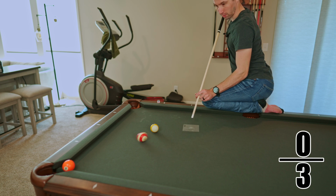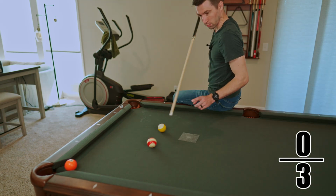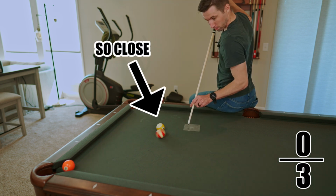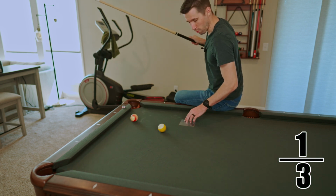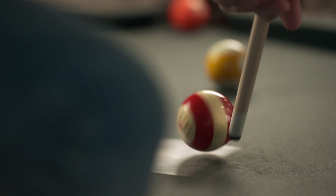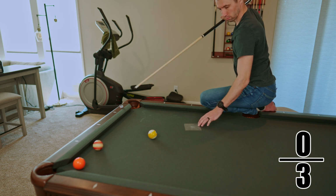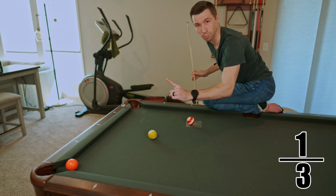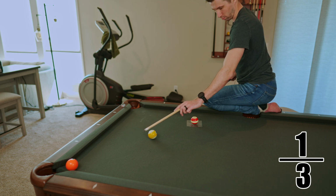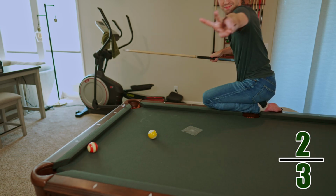So now that I knew it was possible, it was time to get dialed in and start focusing on our challenge of getting it 3 times in a row. This is when I started to feel confident. I was able to get 1 with ease. I knew the aiming structure, I knew what I was doing, and when I moved on to number 2, I felt the same way. So number 3 was inevitable,